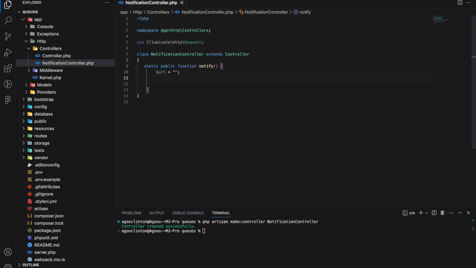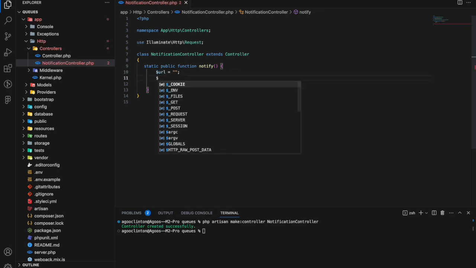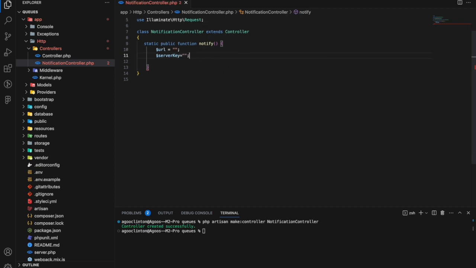We have another variable called server key, and another one called data array. Inside the data array, since we are going to send this notification to our Flutter device,